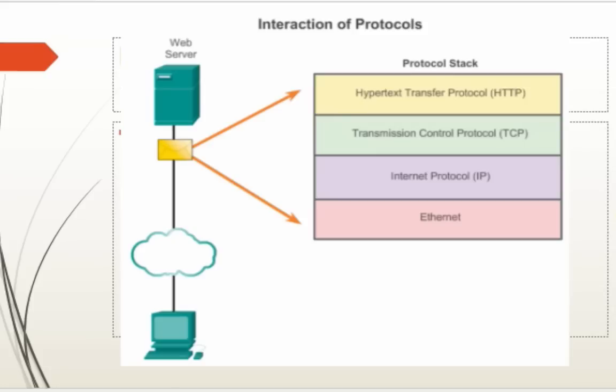Examples of these protocols are the application protocol, in this example the hypertext transfer protocol. The transport protocol in this example would be the transmission control protocol. The internet protocol, IP, and the network access protocol, in this case the Ethernet. The protocols IP, HTTP, and DHCP are all part of the Internet Protocol Suite known as Transmission Control Protocol/IP,